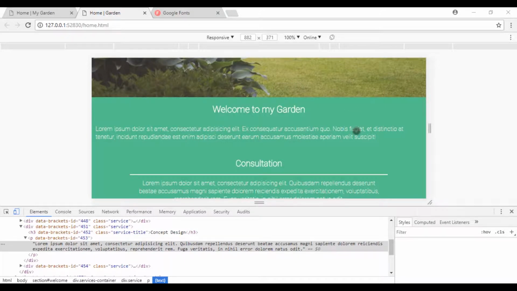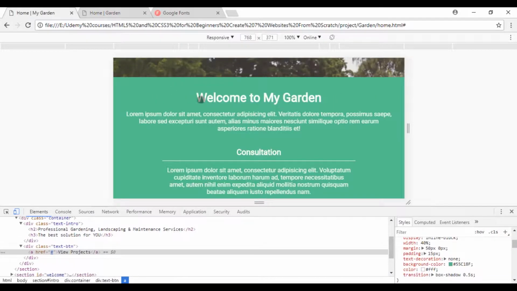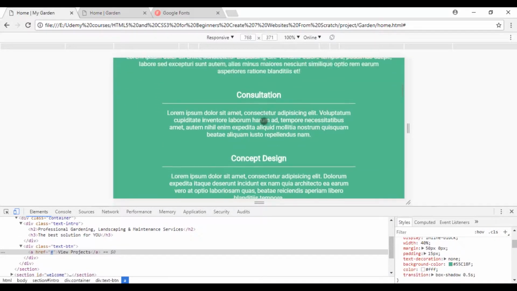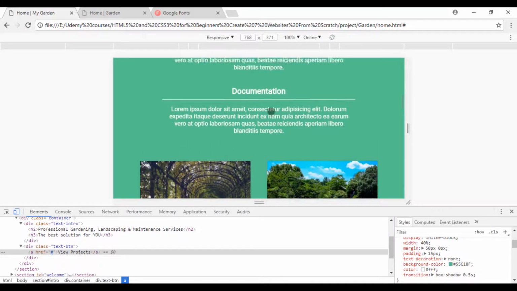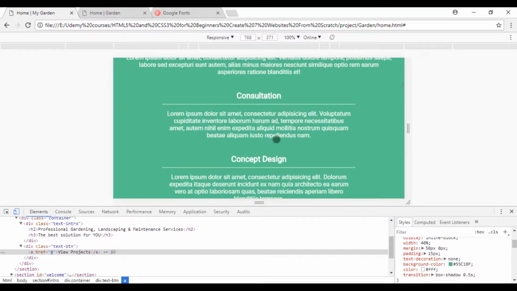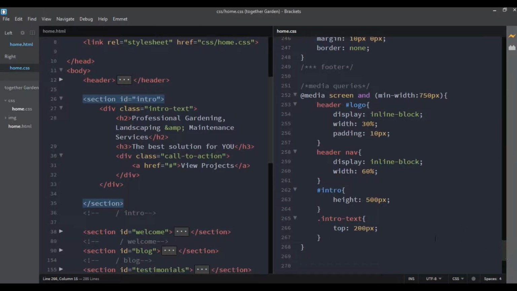Now let's move to this section. So we need to have something like this. So I will target the welcome section,